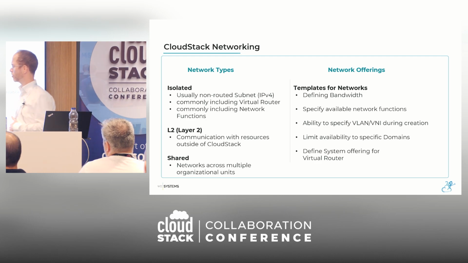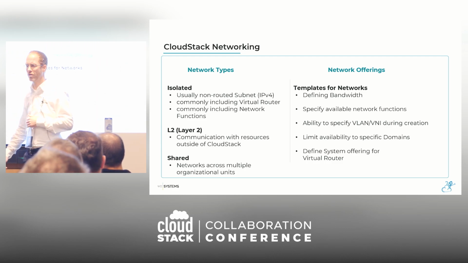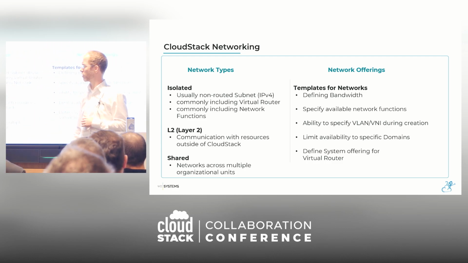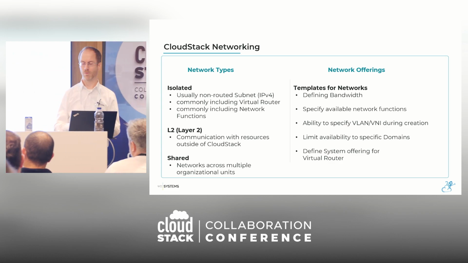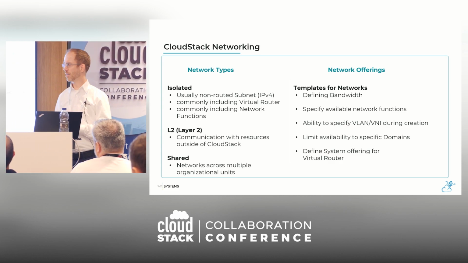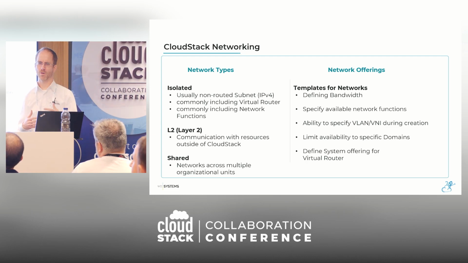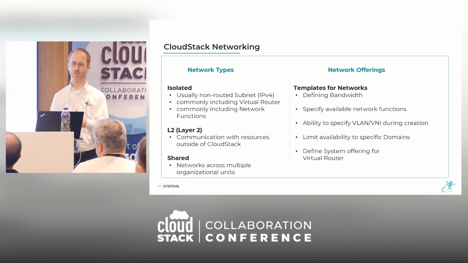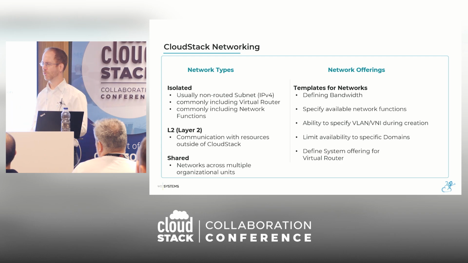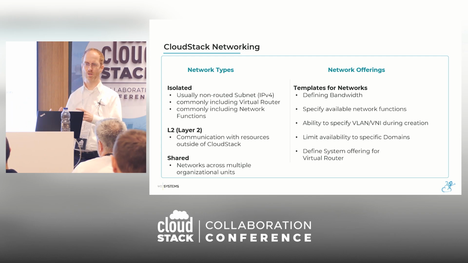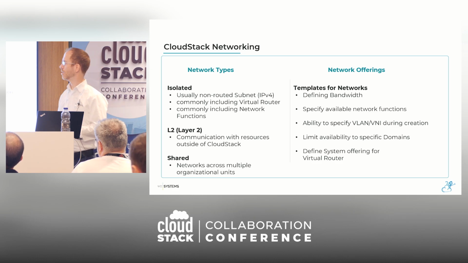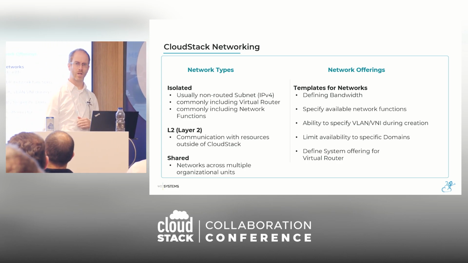Within CloudStack, you have probably seen it already, heard about it, or read about it in the documentation. We have three types of networks. The isolated networks, where usually you present your virtual machines with non-routed or private IP addresses. You usually deploy it with a so-called virtual router, which provides a lot of functionality and helps with what we saw before from Perl with the CKS, for example, with a lot of features and all the networking functions.